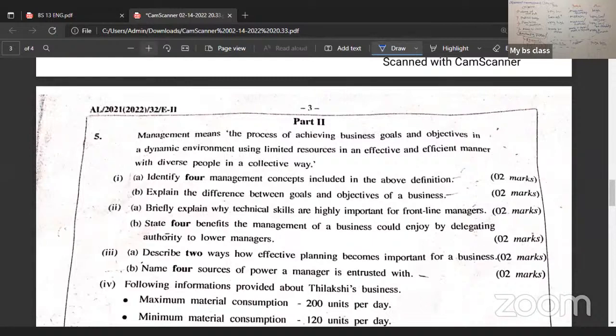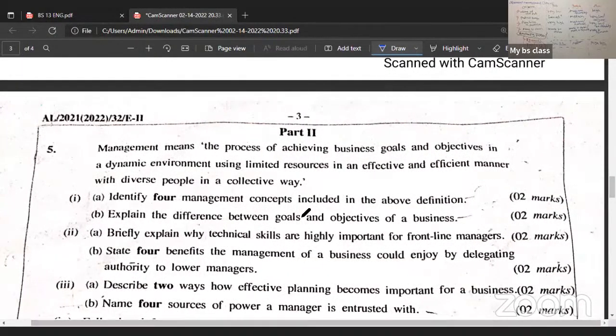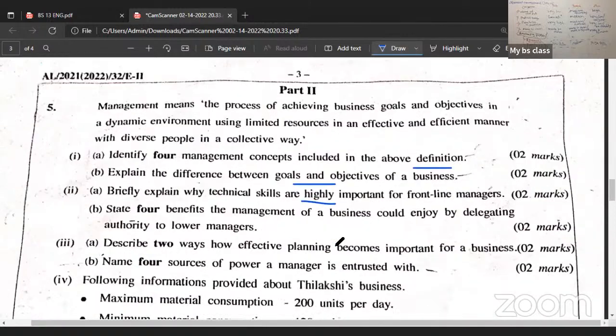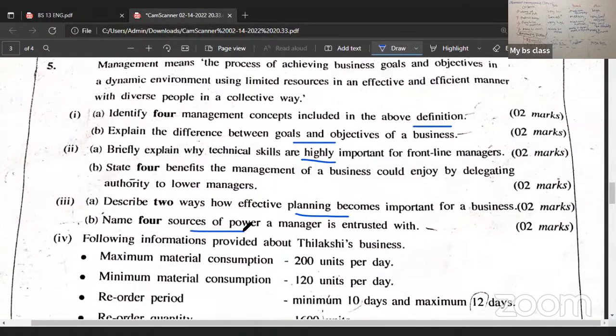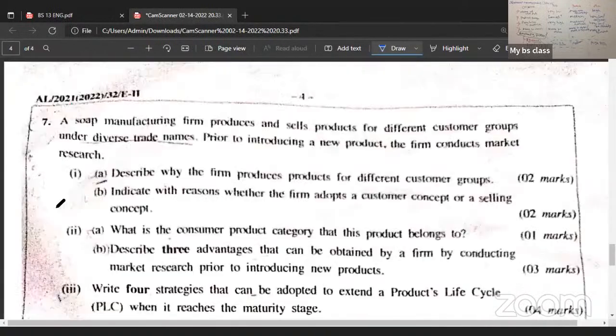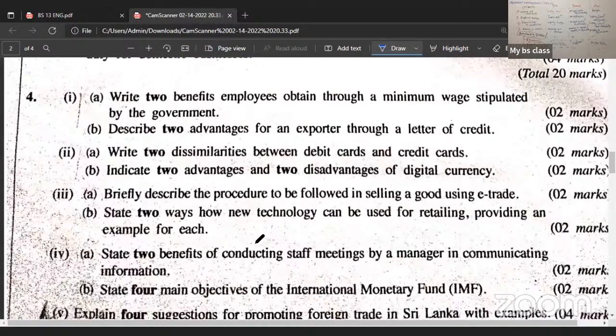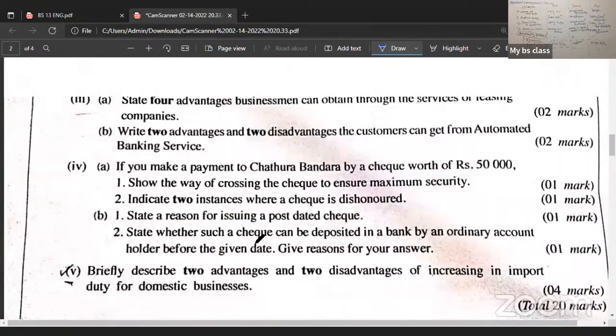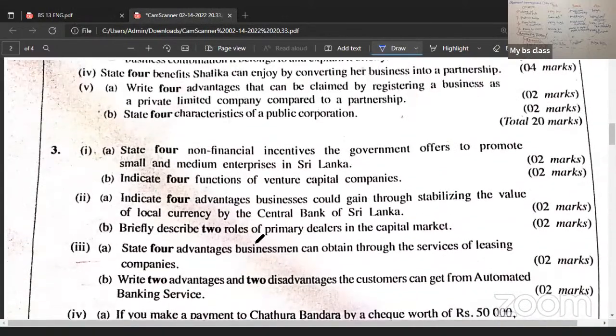Right, so in the management part, the point we recently covered, goals and objectives, has been asked. Then kind of a definition they have checked, right? Technical skills, frontline manager stuff, importance of planning, right? Sources of power, so like those stuff. And if we just check what we are discussing at the moment in our paper class,